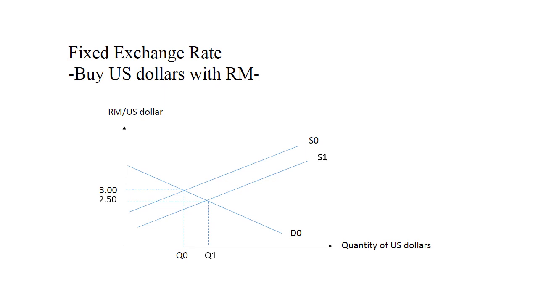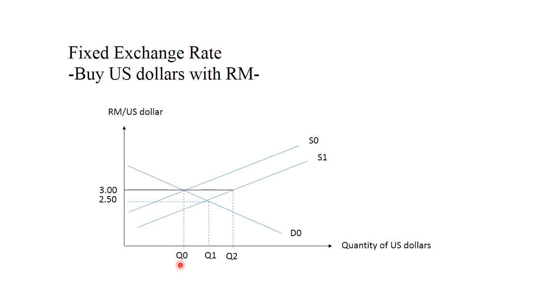Suppose the Malaysian government doesn't want the US dollar to depreciate, or doesn't want the Malaysian ringgit to appreciate, so the government will fix the exchange rate at the original 3 ringgit, so 1 US dollar is equal to 3 ringgit. From here to Q2, there's excess supply of US dollar. Why do I say that there's excess supply of US dollar? Because at this exchange rate,